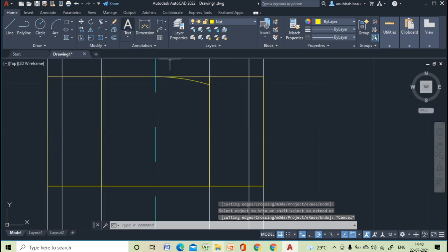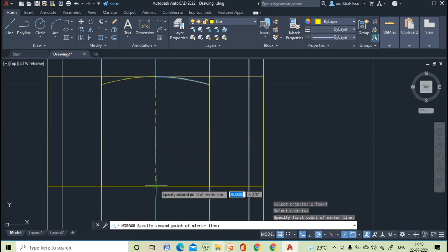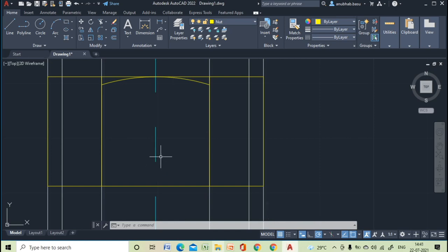Now we can mirror this object to this side. I specify this is the first point and this is the end point. I don't want to erase the source object, so N, then enter. So we have got the middle portion.